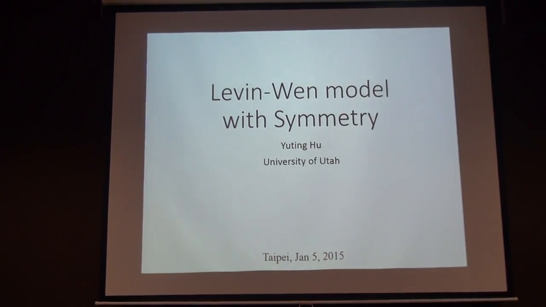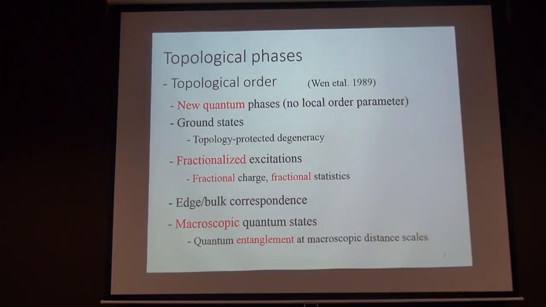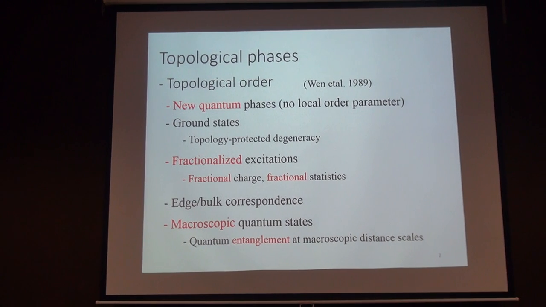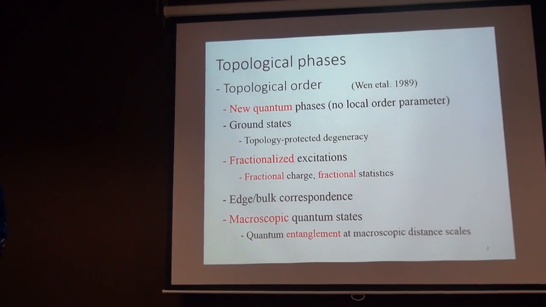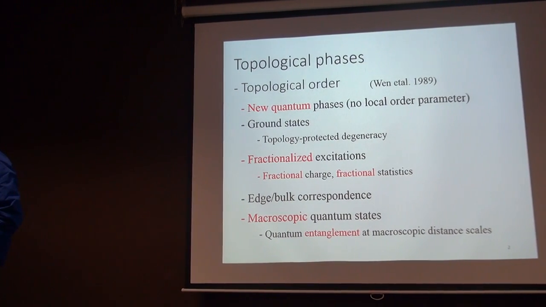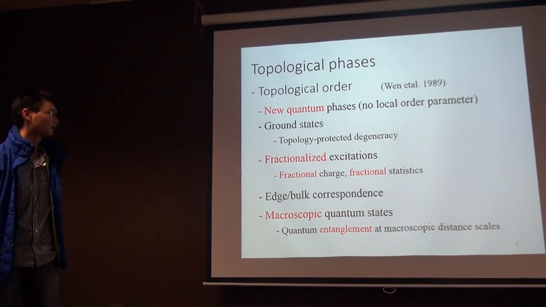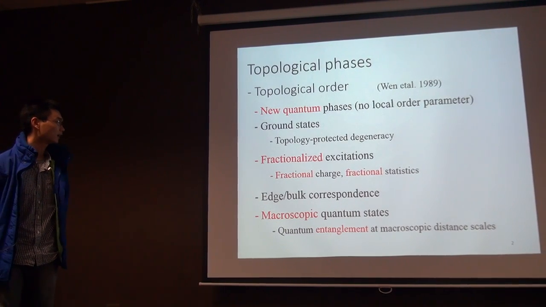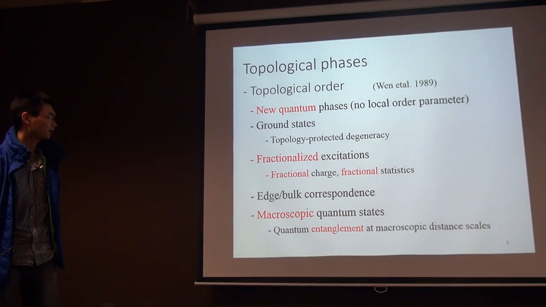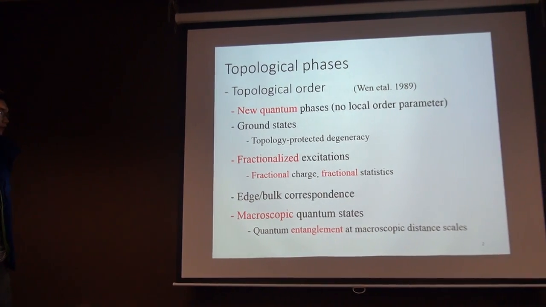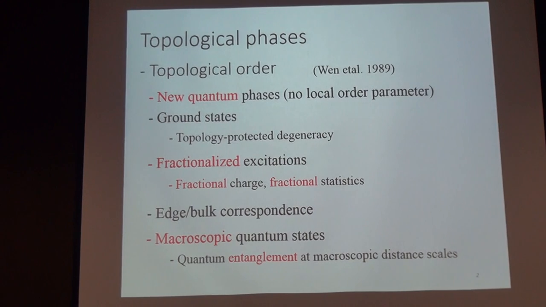It's an exactly solvable model for topological phases. The topological phases have properties like no symmetry breaking, and the ground state has topological degeneracy, and it has fractionalized quantum numbers like fractional charge, fractional statistics, and also it has the bulk-edge correspondence,